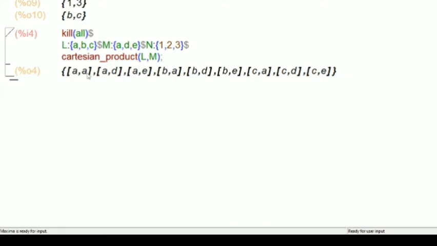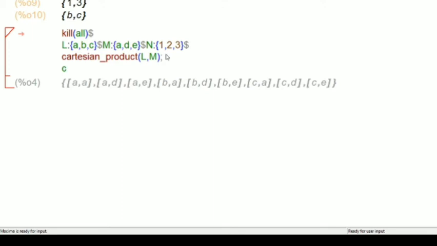So remember here, the first element is coming from L and the second element is coming from M. So the Cartesian product of L and M is the set of all elements A, B, where A comes from L and B comes from M. So you have to give all the values of L to A and all the values of M to B. See, that is what I had given. First I had given A, then B, then C.